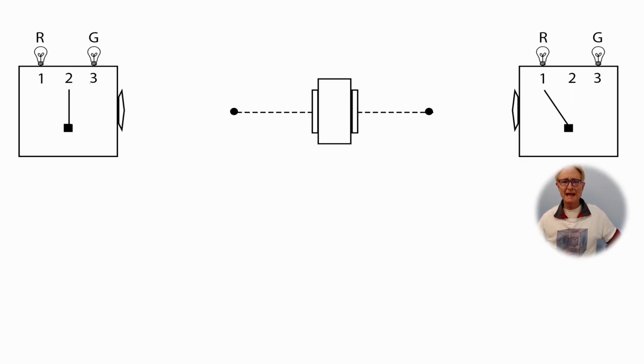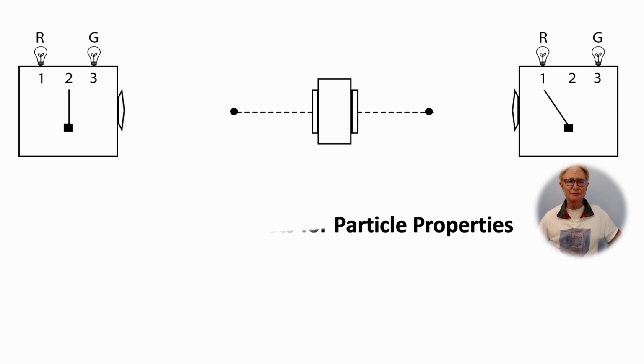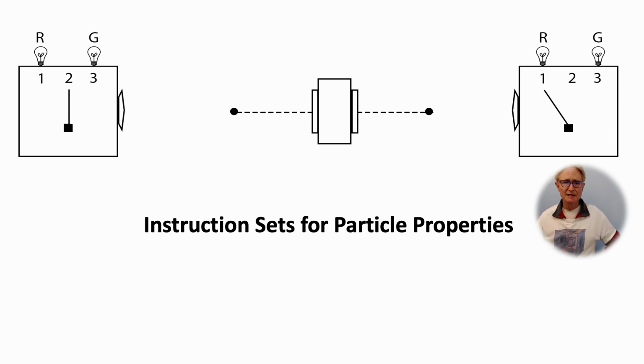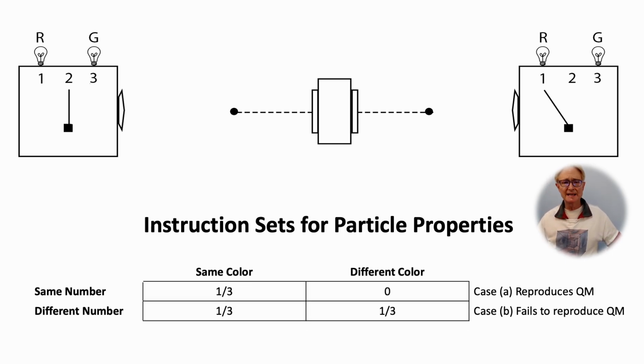So let's see what happens when we assume instruction sets are responsible for the Mermin device outcomes. You can see that fact 1 about case A is satisfied. No surprise there, that's why we invoked instruction sets. But you can see that instruction sets do not reproduce fact 2 about case B. Fact 2 says only 1/4 of the case B trials will be the same color, but instruction sets give us the same colors in 1/2 of the case B trials. That's the mystery of Einstein's entanglement.